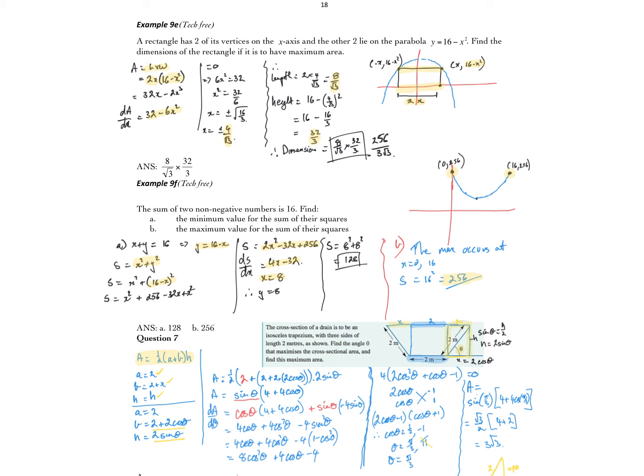Can I color code those 2s? We'll go a is 2, b is 2 plus 2 cos theta, h is 2 sine theta. So I get a half out the front, then the a value, which is 2, plus the b value, which is in yellow,